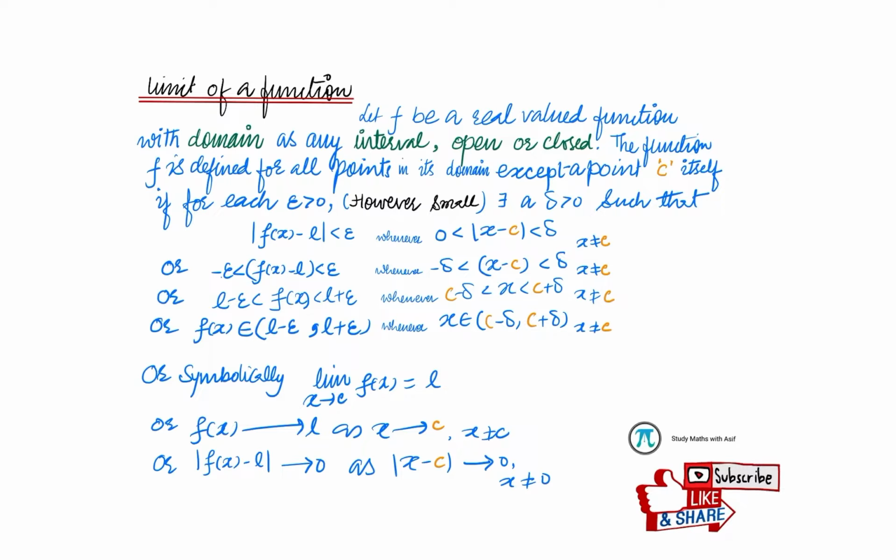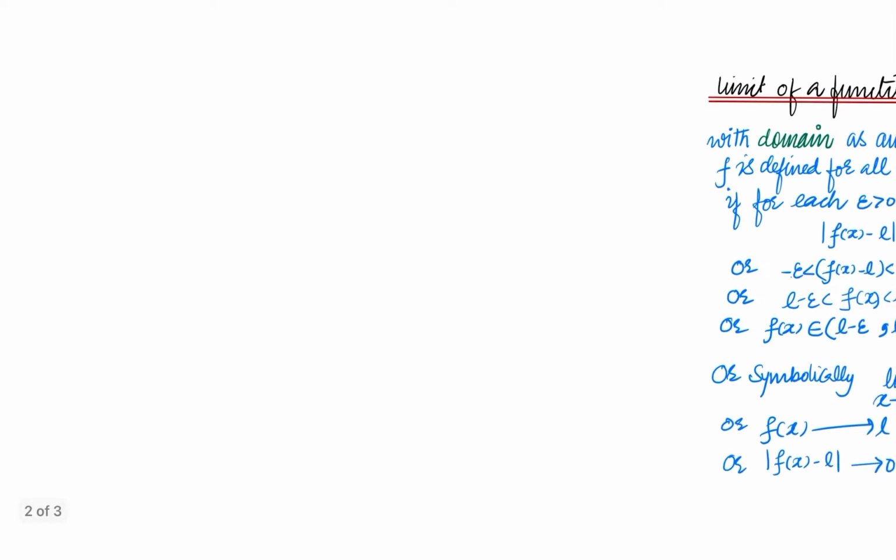Now let's talk about the content of this video. Here I will discuss left hand limits and right hand limits. Before starting the discussion, let's recap. What did I discuss in the previous video? I discussed how the function approaches the limit even though the function was not defined at the point. See, it is mentioned in the limits: the function is not defined at the point x. What do I mean by saying so?